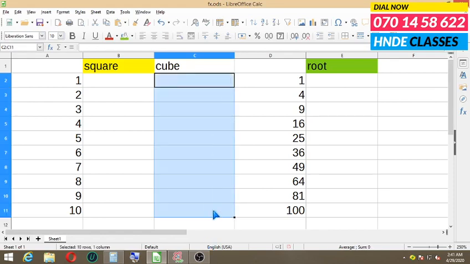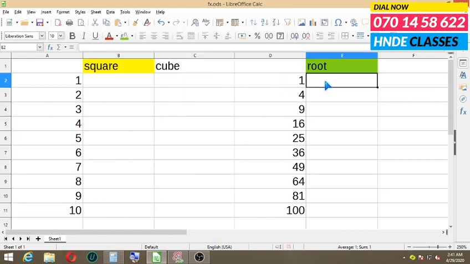Next, this is root. My god, I have no clue how to find the root. If you have the same idea, if you're burning with the same question, this is how you do it. As always, to prompt the function wizard, hit equals, and to find the square root, my dear friend, SQRT.